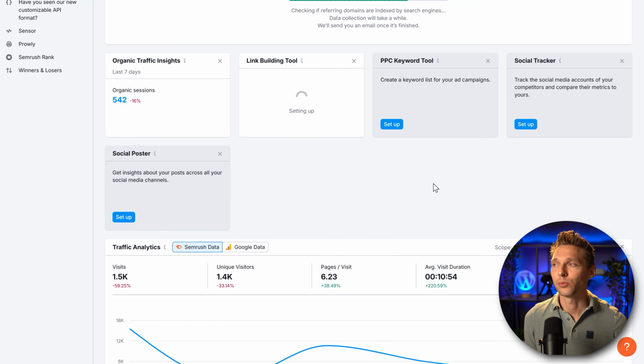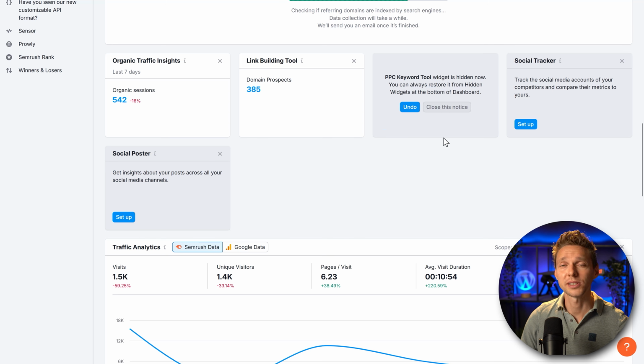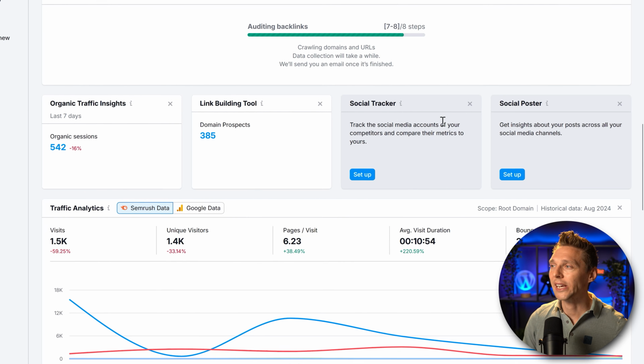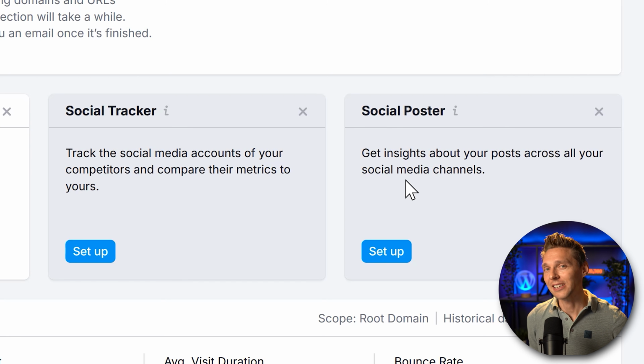And then we scroll down. Then we only have 2 more things to set up. Because if you're not using ad campaigns, we can skip this entire step. Your dashboard is customizable. So we're just going to hide this widget. There we go. Now the social tracker and the social poster are really powerful tools, but they are not included